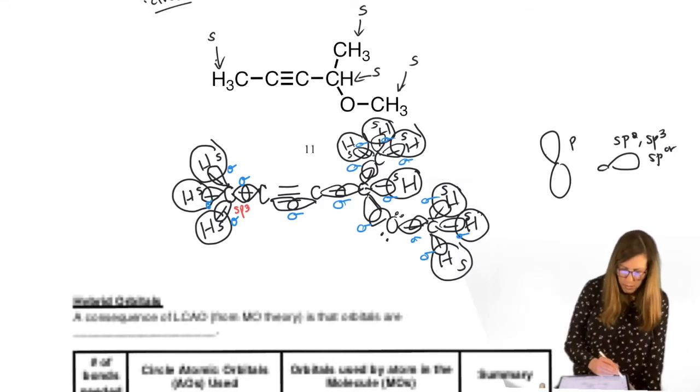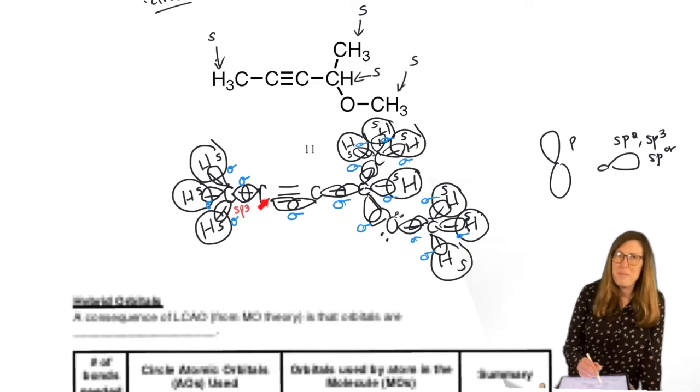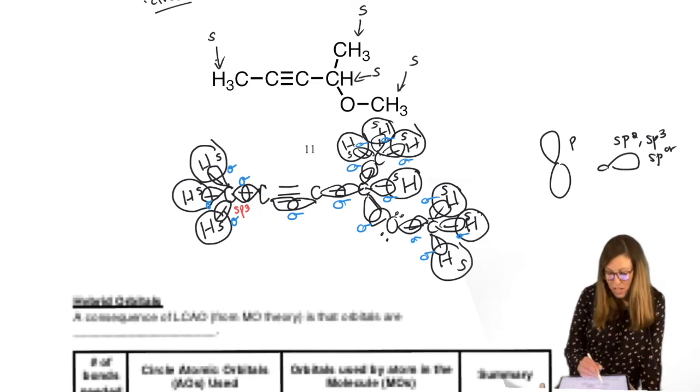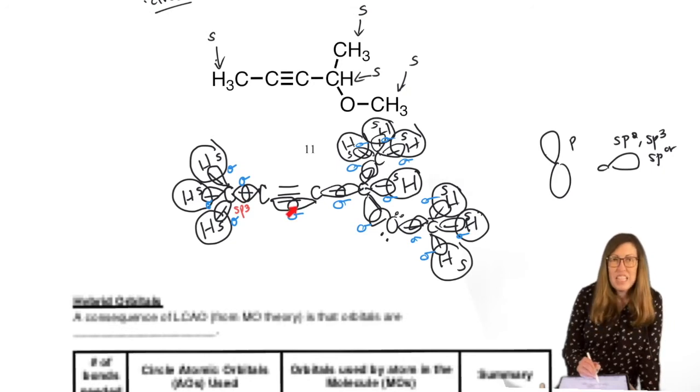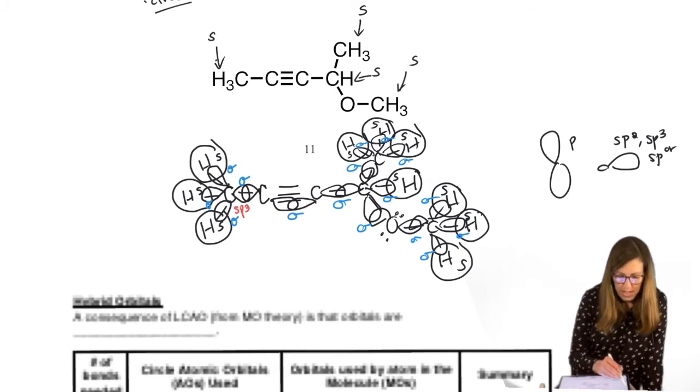All right, how many sigma bonds did this carbon make? I'm still not to the pi bonds yet, but I noticed that it only made 2 sigma bonds, one on the side, one on the side. It's a linear geometry, right? If it only used 2, that means it used 1 s, and then it took only 1 p. Therefore, it's sp.